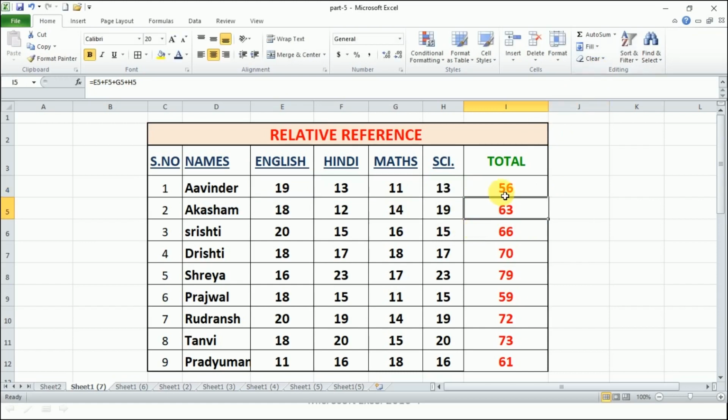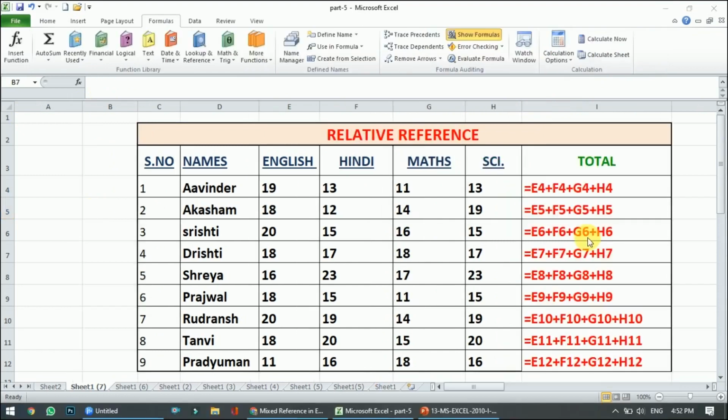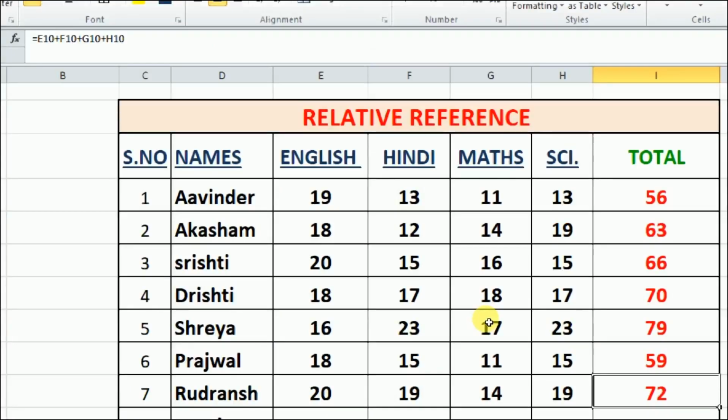So the address of the cells is getting changed automatically. Now you see how the formula is relatively changed, right? This is called relative cell referencing, right?